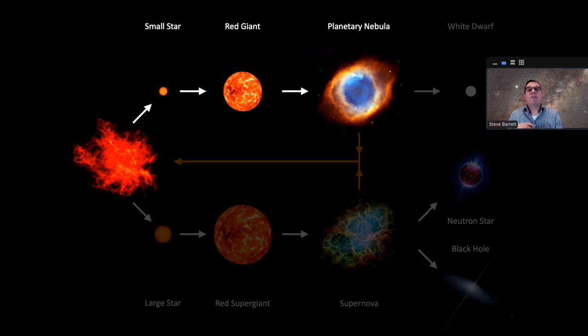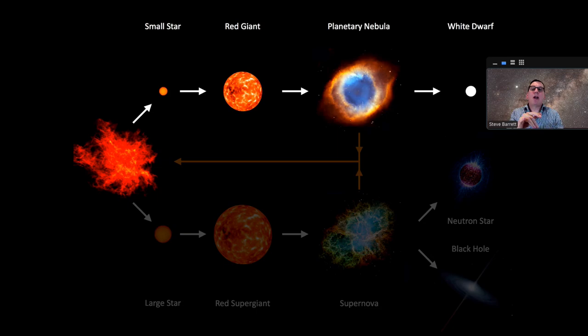And what's left at the very core is what used to be the core of the sun, the core of the star, which will then no longer be undergoing any nuclear fusion, but it will still be quite hot. So it's going to be small, perhaps only the size of the Earth or so, compared to the much larger size of the original star. And the white dwarf is hot, and therefore it's white, and it's a dwarf simply because it's small.